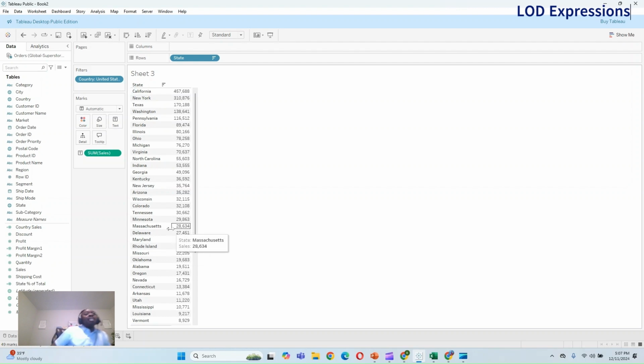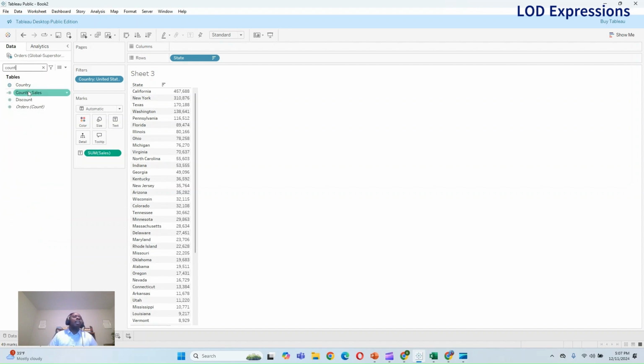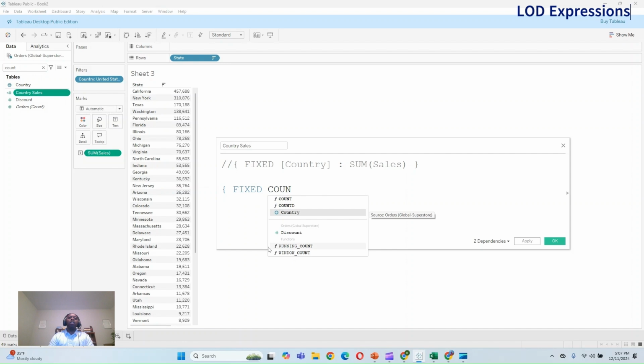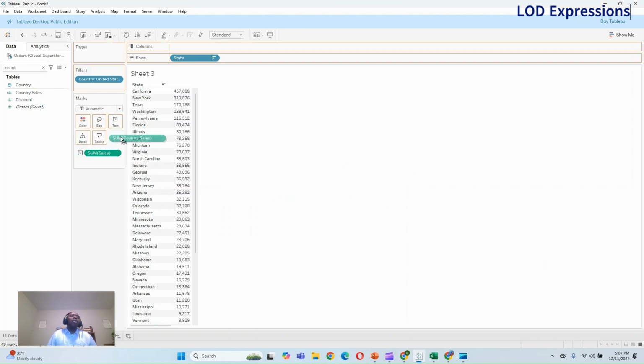But now I want to see the country's total sales. So I'll create a calculation. I've already created it somewhere. Let me see. Yeah, country sales. So what you do here is you create a fixed level of detail calculation. You say fixed, then the dimension that you want to specify, country, semicolon, then you always aggregate it, sum sales, then you close your curly brackets. Perfect. So apply, and now I want to drag it